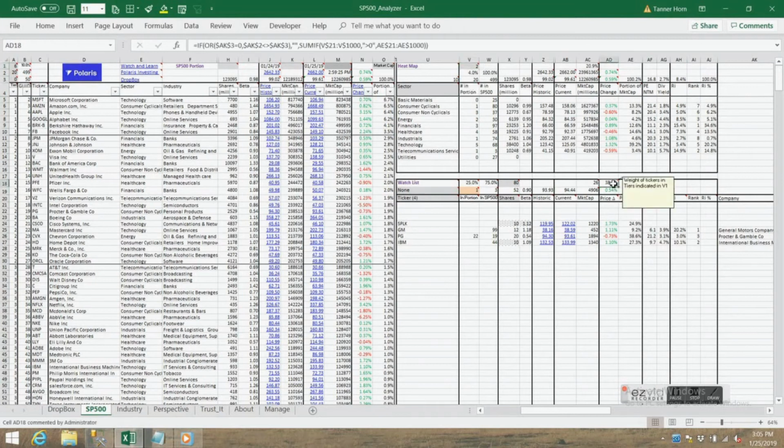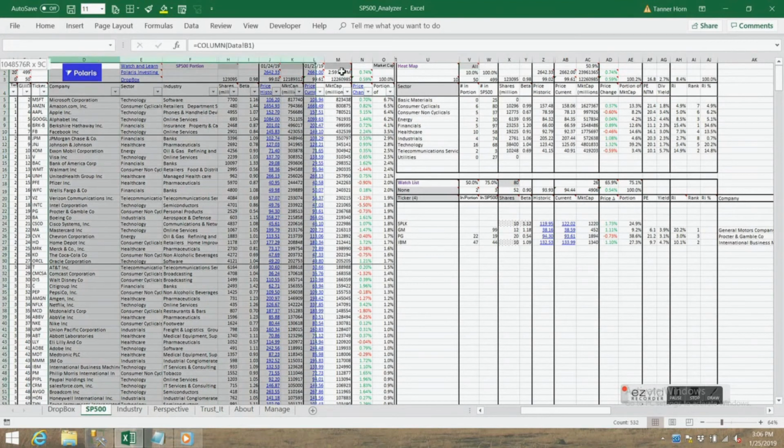Tier 2, you can see that 38.6% is Procter & Gamble, which is a tier 2, and then tier 3 is 27%, which represents the IBM stock. I'm going to return it back to all. So when it said all, it just means